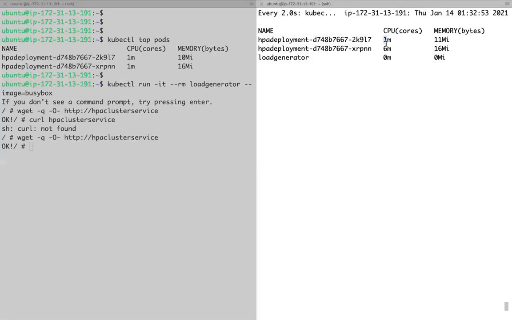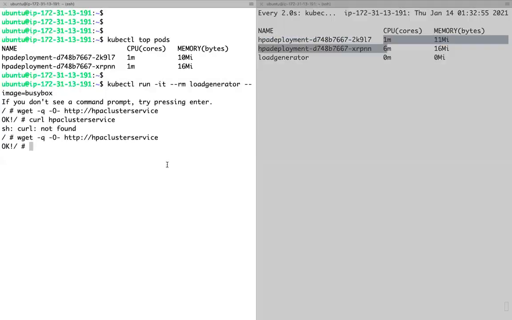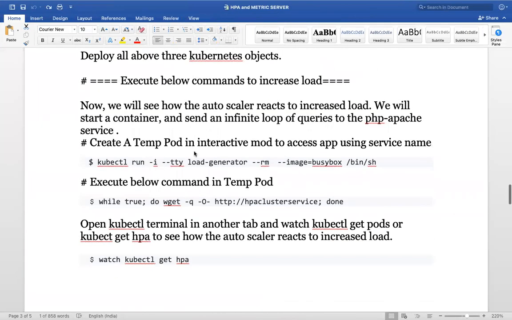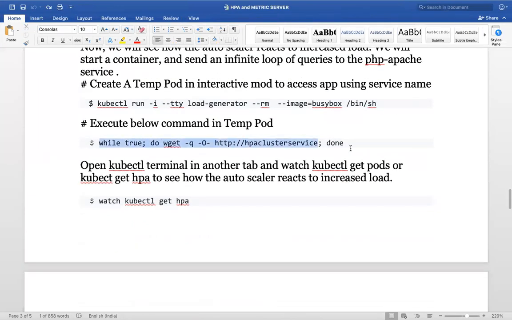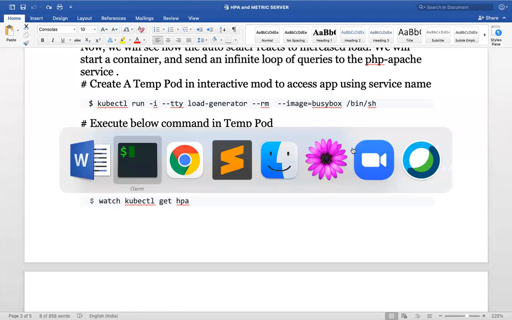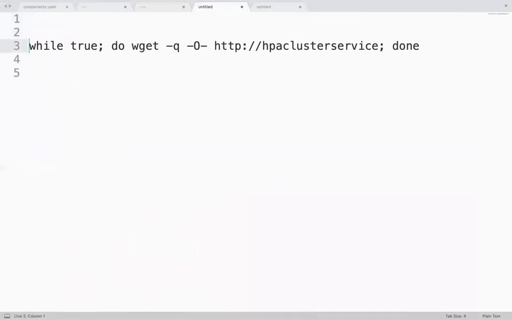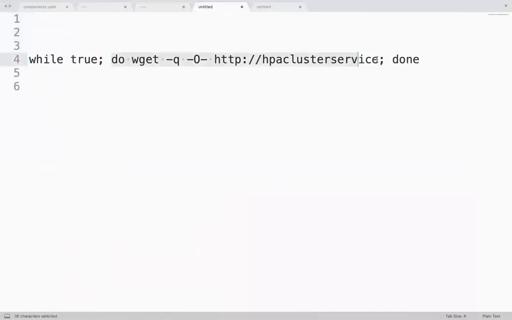Now still I don't have a load, right? Now I will execute this command in the loop. What is this? So this is the command, right? How many times will it execute?